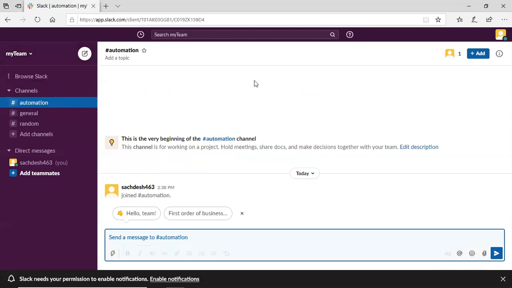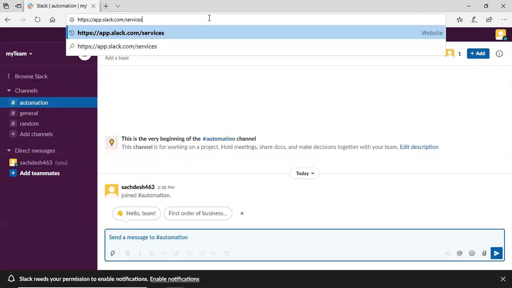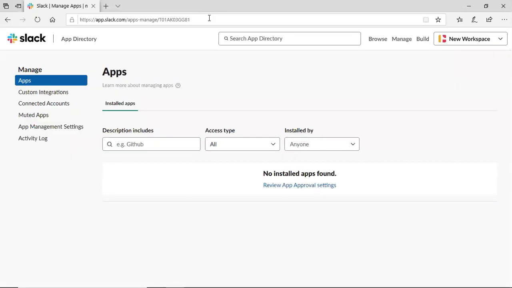Then we have to add Jenkins CI over here. To do that, you can see this https app.slack.com/client and then some token or something is there. So I'm just going to remove this part and I will add services over here. Now this is kind of a marketplace. We have to search our app directory for Jenkins CI.